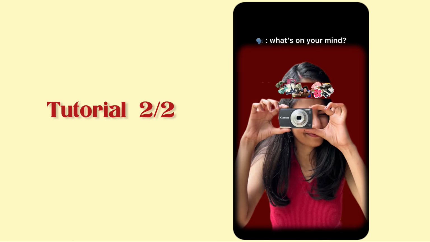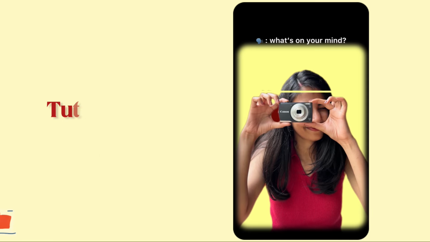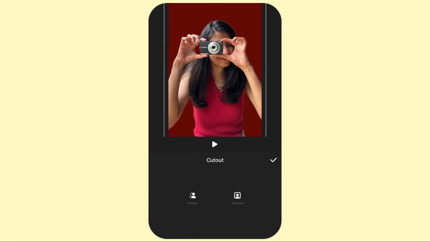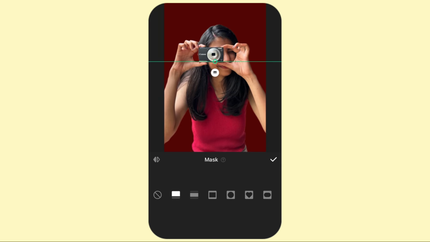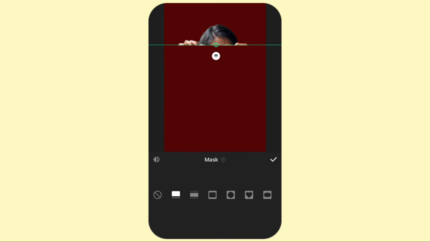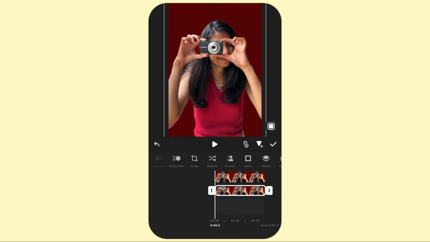So it's time to move on to the second most viral reel on Instagram, which is called What's on My Mind Edit. You have to first remove the background of your favorite picture and then import the PNG of it on a new project which has a solid background color. Then switch the image to PIP layer and mask that layer by the first option, which is linear masking. Now create its duplicate, and now you have to go to masking again and tap on the flip icon and position both the layers parallel to each other, making sure they don't have any gap in them.